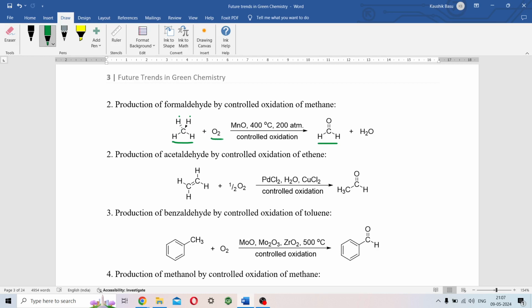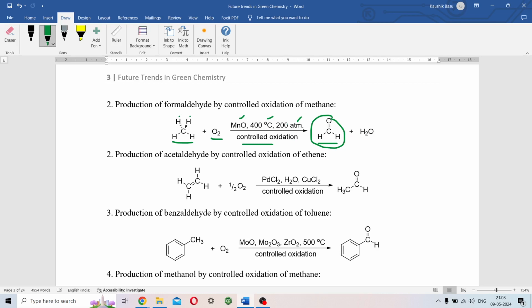So oxygen can be used for that purpose with manganese oxide as your catalyst at 400 degrees centigrade and at 200 atmosphere pressure. This is certainly a controlled oxidation because this has a potential of going over to the formic acid,